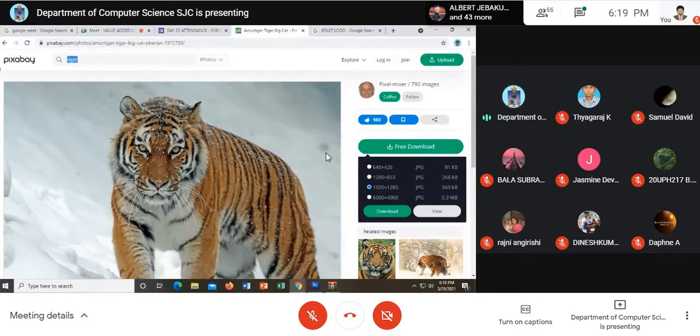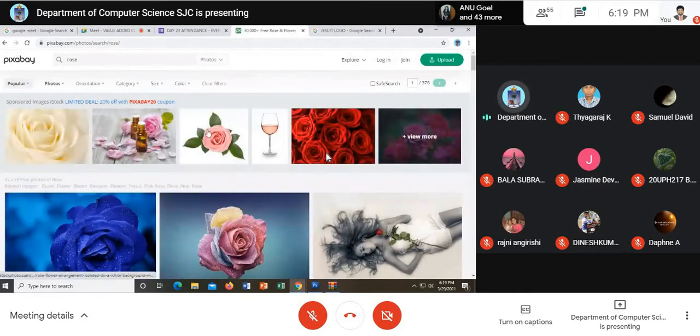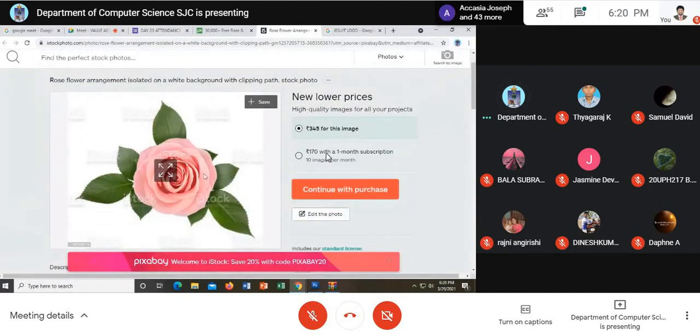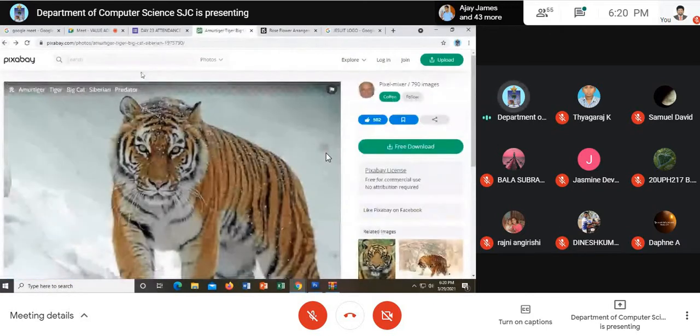Am I clear? For example, rose. You can definitely work with this. I just click over here. Look at this rose, and you will have to purchase it. You'll have to purchase some pictures, while some you get free of cost. For example, garden, rose garden.